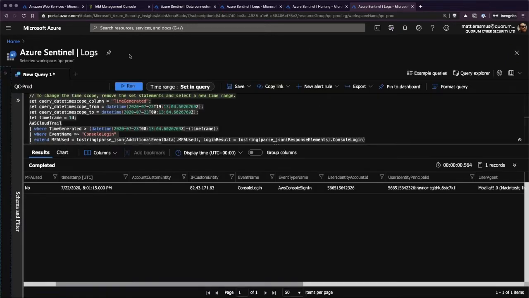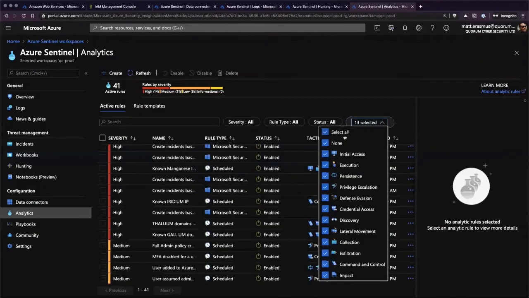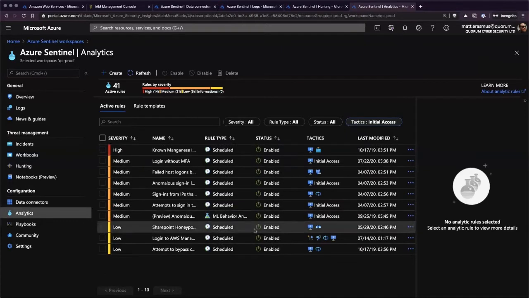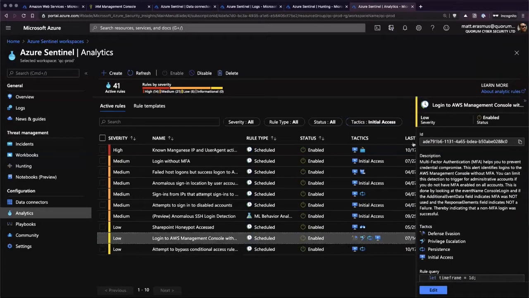Okay, but what you end up with is your nice little analytics rule that looks like, hopefully I can find it. Log into AWS console with. Can I bring this out? But no, I cannot. But you get your little alert, and then that will then look at your